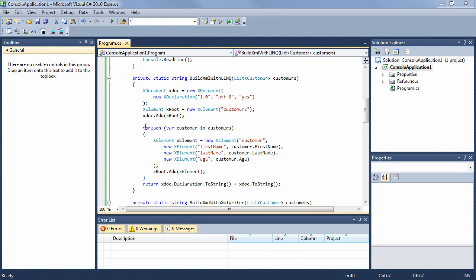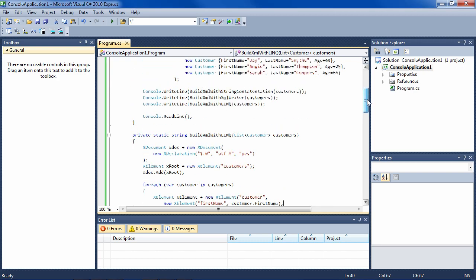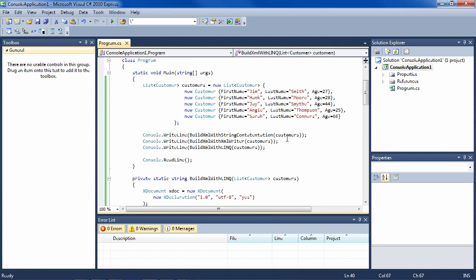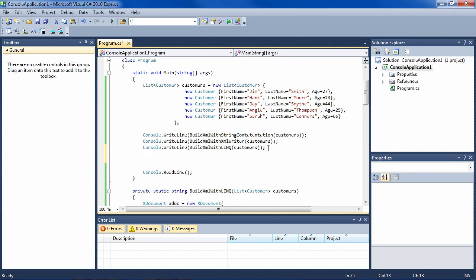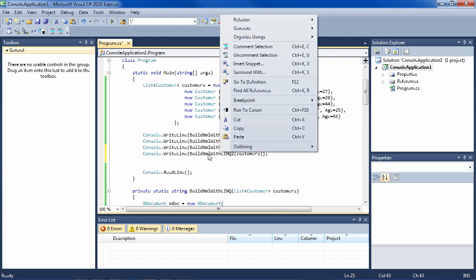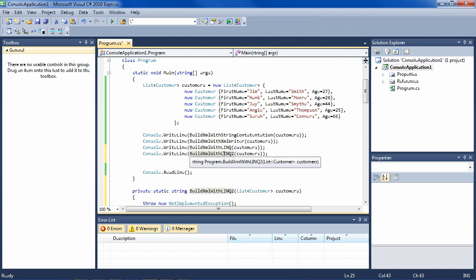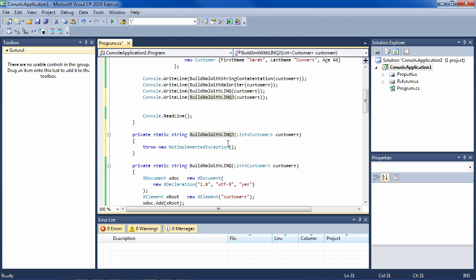So you may want to have this for each in your code for creating the XML file because you might have to do some extra logic in here. If you don't, there's an even shorter way to create the XML file with LINQ. Let me show you that. So here we'll call the method which creates it this new shorter way. We'll go to the method, and